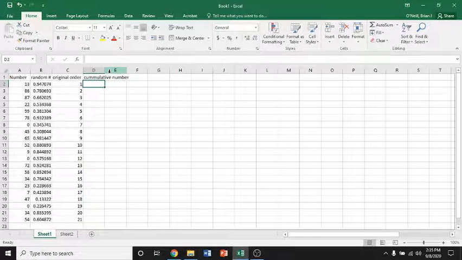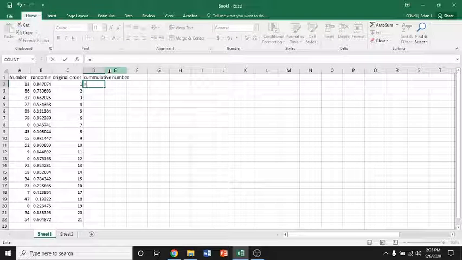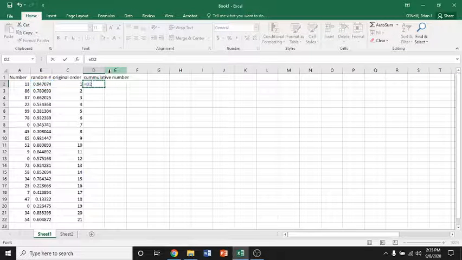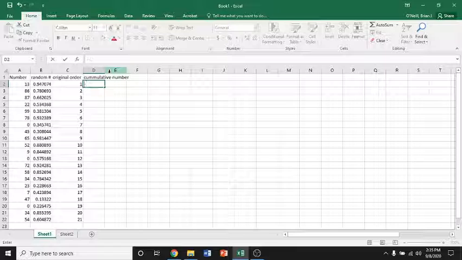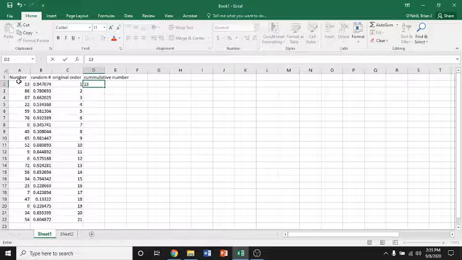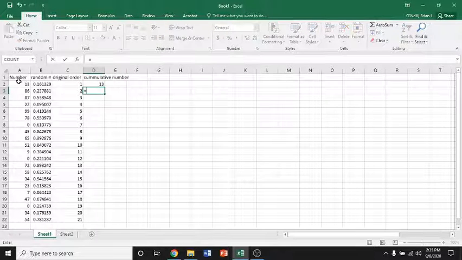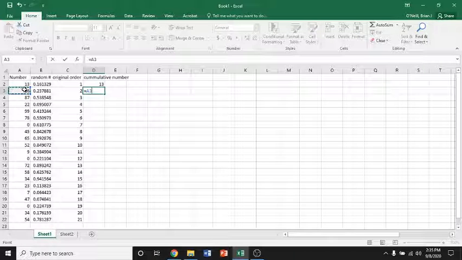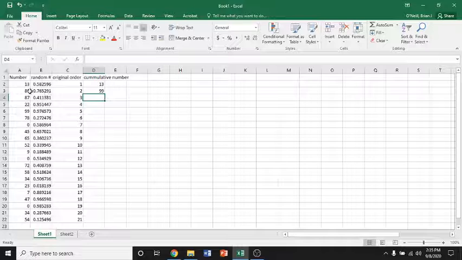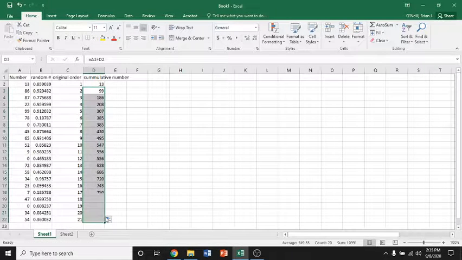So let's say we want to have some cumulative number, so how many species we're getting. Let's just put in 13, right? And then equals this number plus whatever was above it. And then we get 86 plus 13 equals 99, right? And let's say we want to now graph this based on original order on the x-axis and the cumulative number